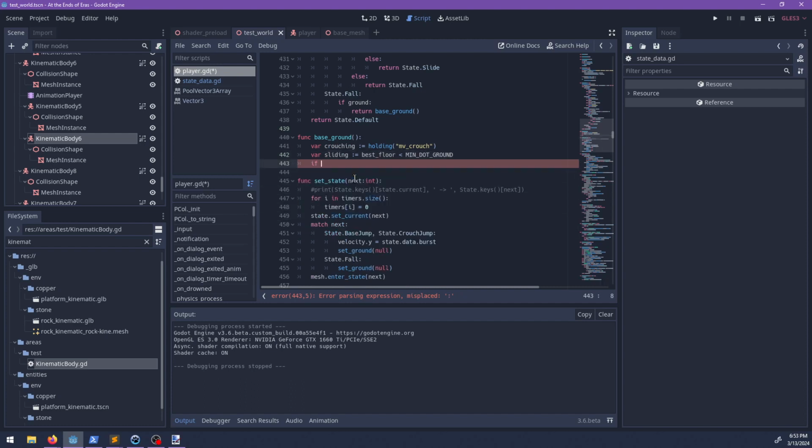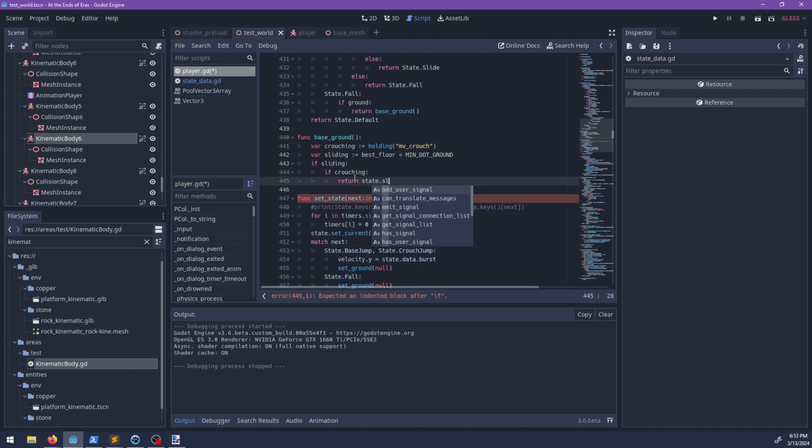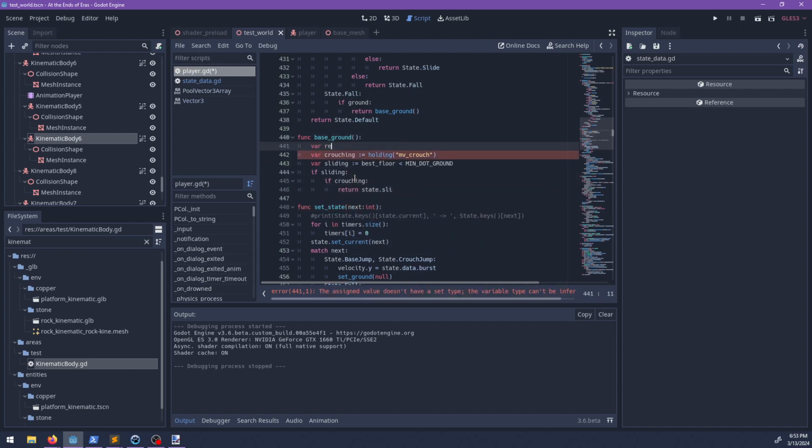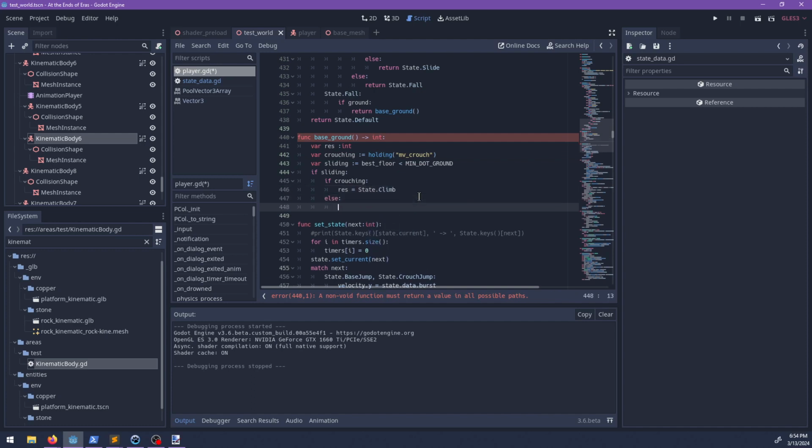So like if crouching or like if sliding, let's do var res equals state dot, what should it be? Names. State dot